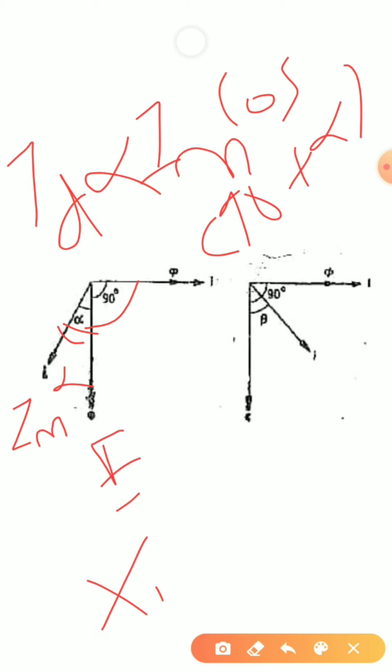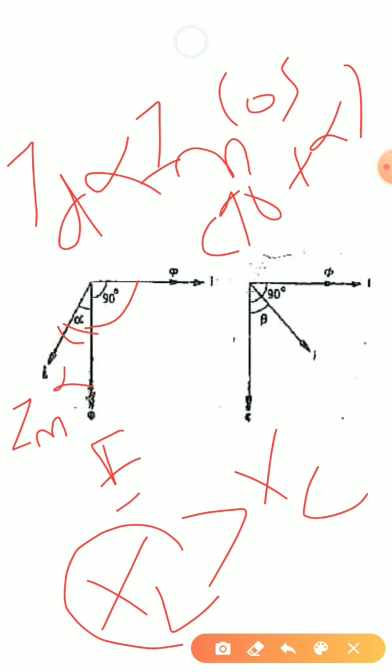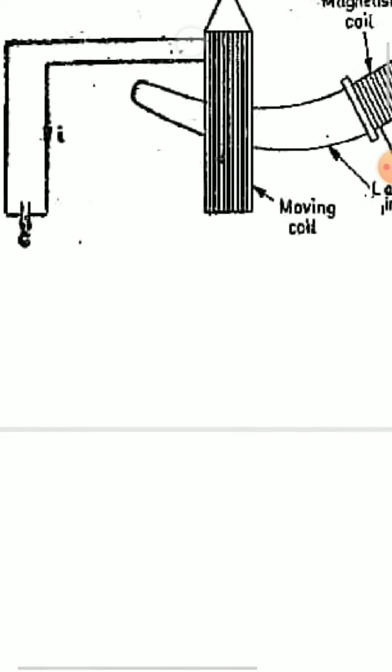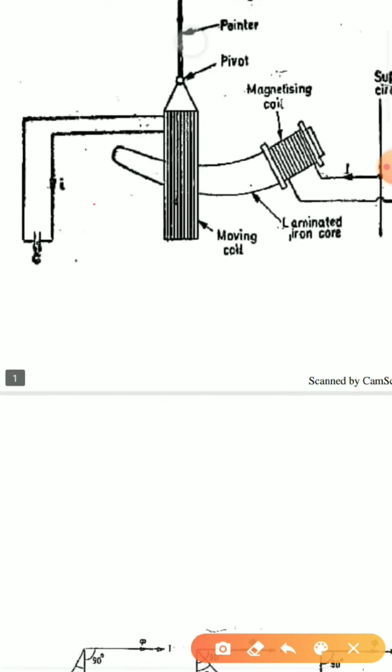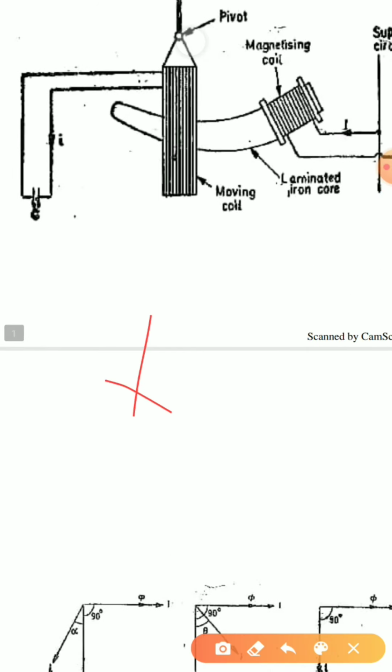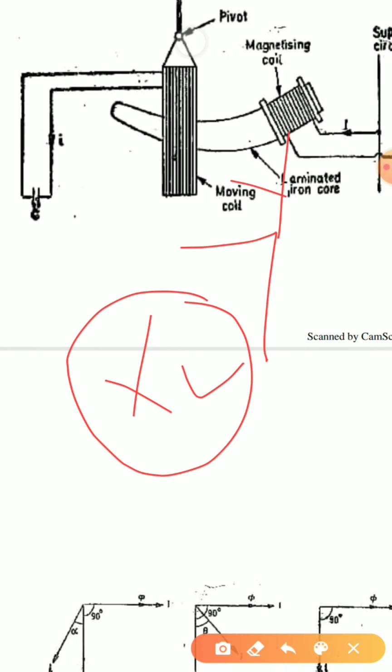So here we know that the inductive component is greater than the capacitive component. This torque will move the coil to a position where the inductive reactance comes down, because the inductive reactance is more. XC cannot be moved, because XC is a fixed quantity, as we saw in the previous diagram. But XL can be changed. How can XL be changed? It depends on the movement of the coil. XL's value is larger, so I have to reduce the value of XL.